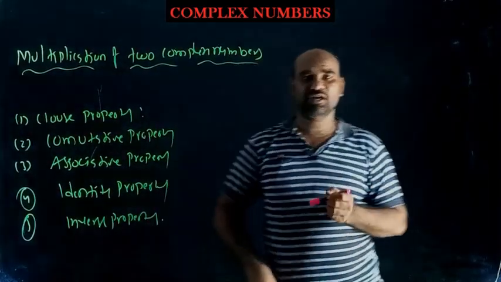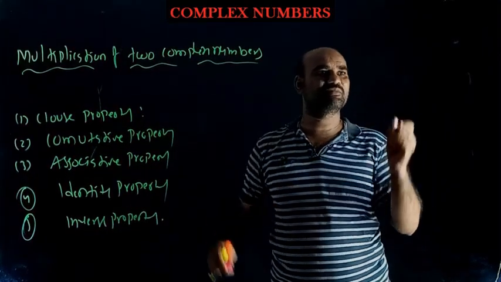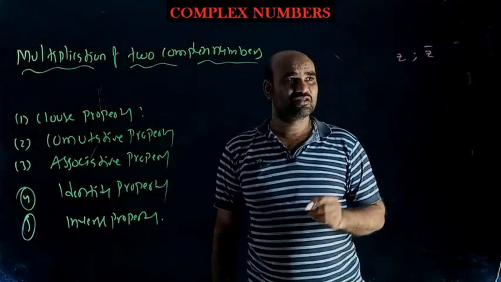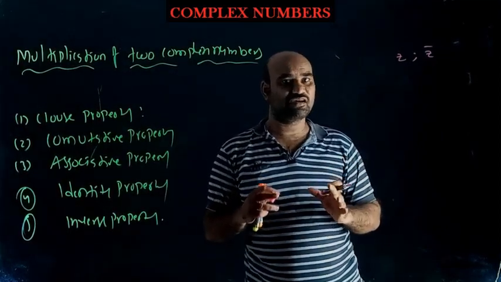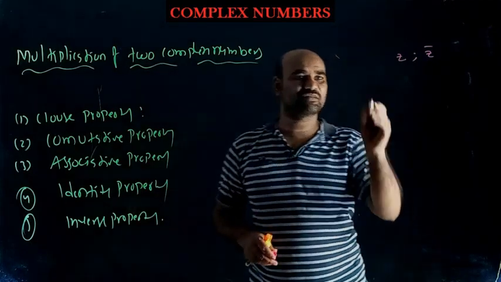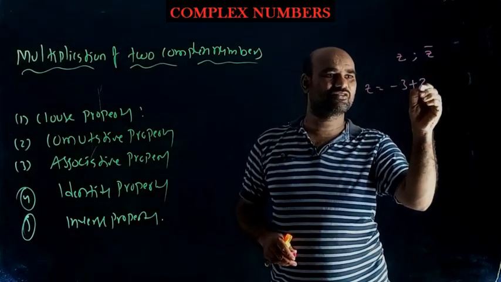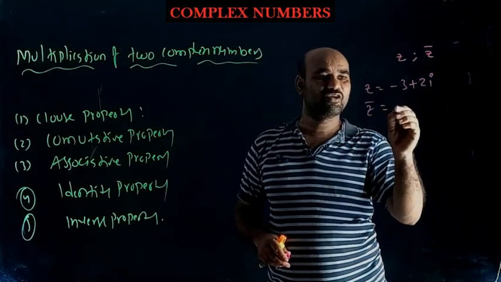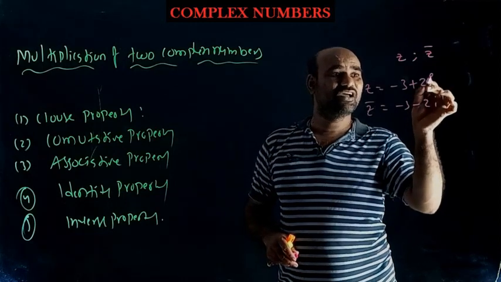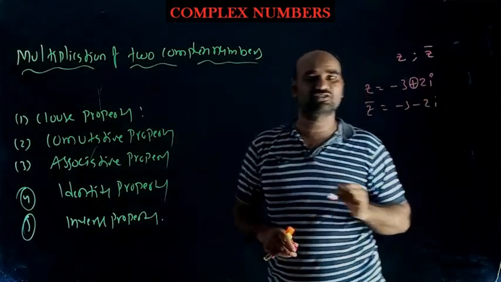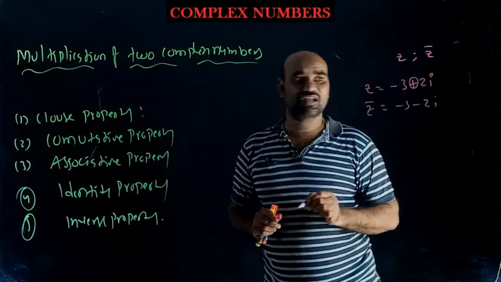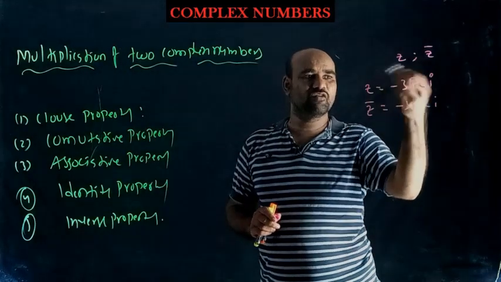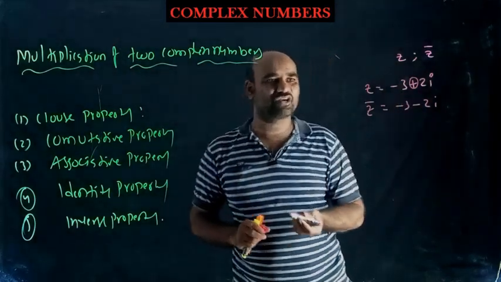Okay students, just now we completed the conjugate of a complex number. Z is a complex number, then Z bar is called its conjugate. The properties of the conjugate of a complex number I will explain later. For example, Z is given as minus 3 plus 2 iota, then the conjugate Z bar equals minus 3 minus 2 iota. Means in front of the imaginary part we need to change the sign. If plus is given, you need to write minus. If minus is given, you want to write plus. So that gives the conjugate of that number.